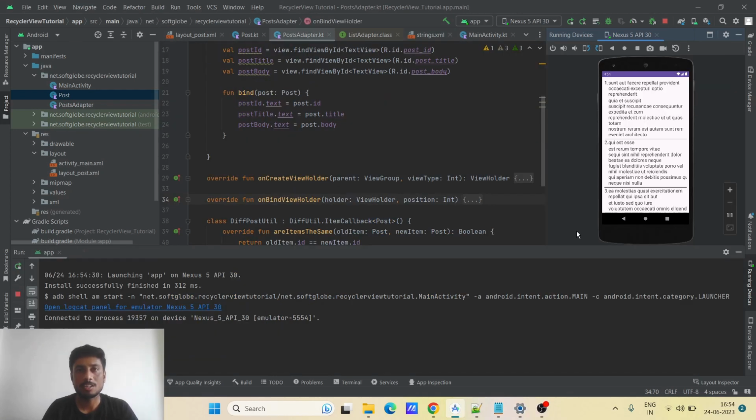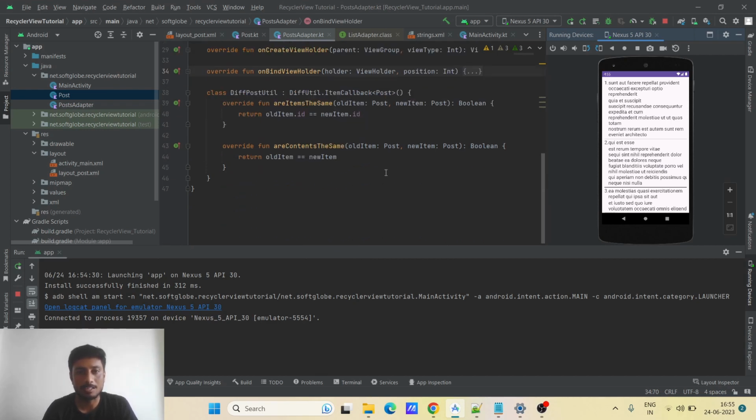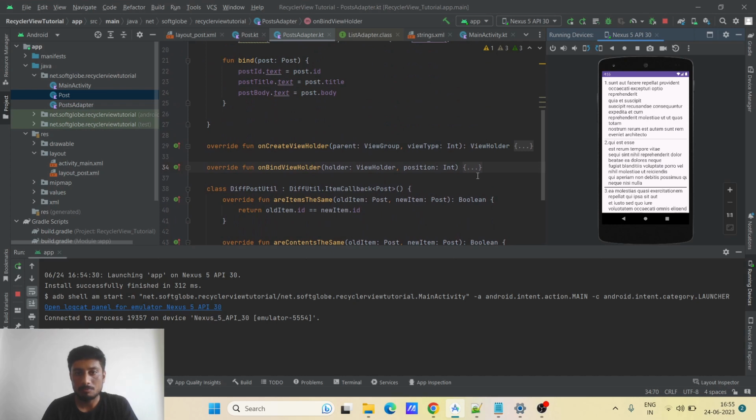So one thing I would like to show here is that, let's say we have a list of products here, and you want some behavior, like on clicking on this button, some action should be required, like navigating to another screen or showing some toast message or something like that. So if you want such behavior after clicking on each individual item, how would you do that? Let me show you how you can achieve that. In this onBindViewHolder,